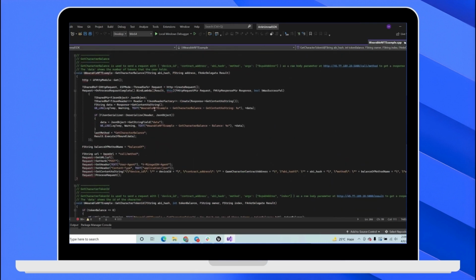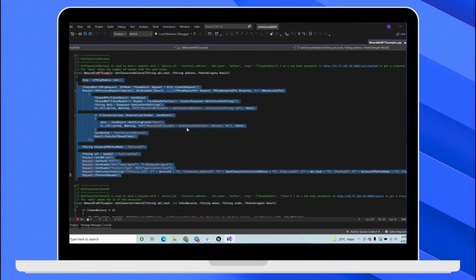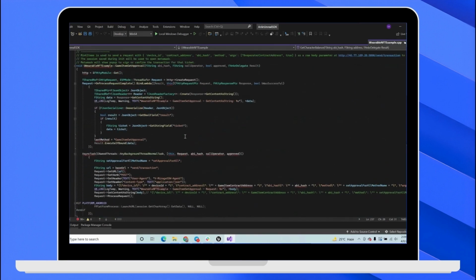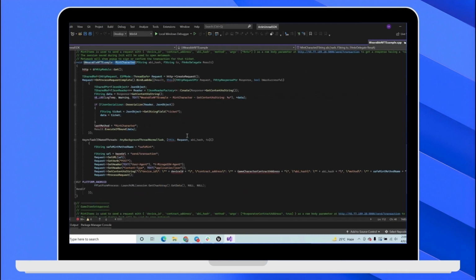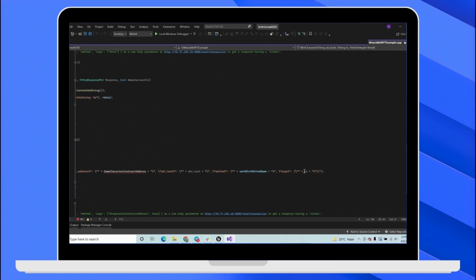But in case the character balance returns 0, meaning the user has no character, then the user can create the character by calling mint character. And the mint character will be a transaction which will change the state on the blockchain, and it will be called at the base URL plus send / transaction, and the parameter requirements would be device ID, contract address, the ABI hash, the method name, which is safe mint, and the argument is the